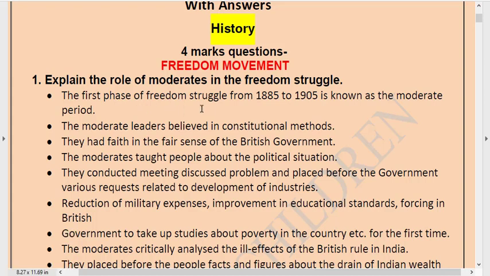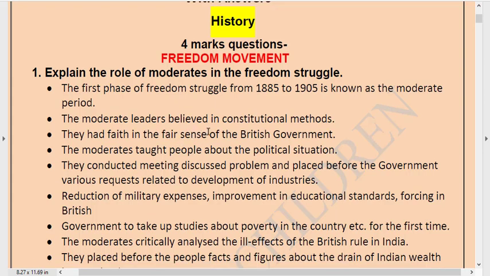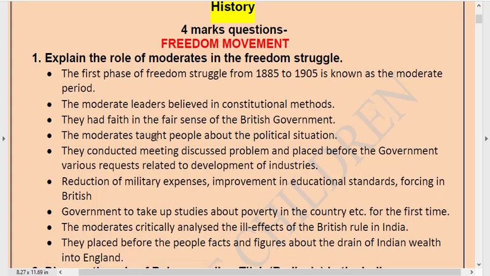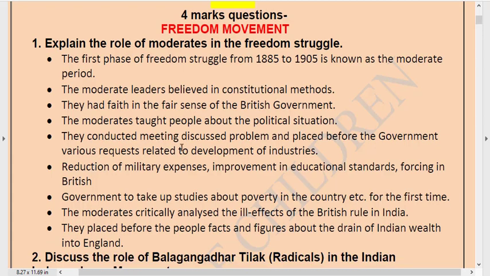The first phase of freedom struggle from 1885 to 1905 is known as the moderate period. The moderate leaders believed in constitutional methods. They had faith in the fair sense of the British government. Moderates taught people about the political situation. They conducted meetings, discussed problems and placed before the government various requests related to the development of industries, reduction of military